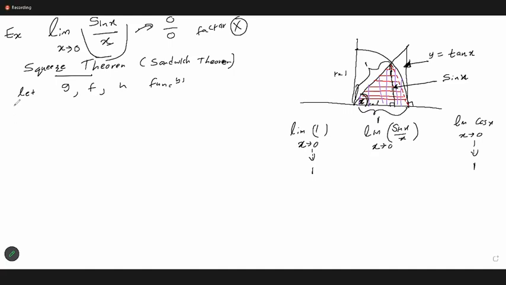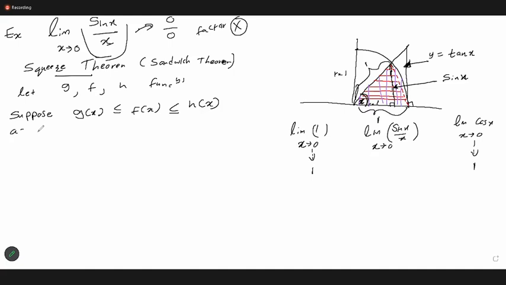The thing is, suppose g(x) is greater than f(x), and h(x) is greater than f(x). That is, f(x) is greater than g(x)... sorry, f(x) is greater than g(x) and h(x) is greater than f(x). So we have this kind of function,